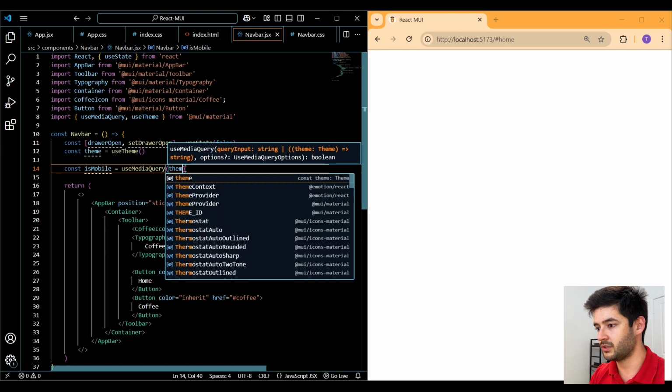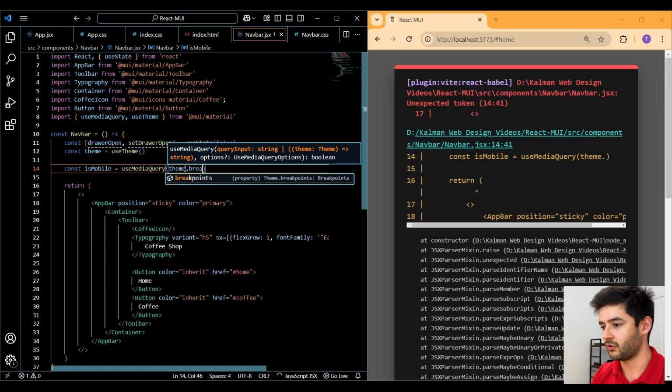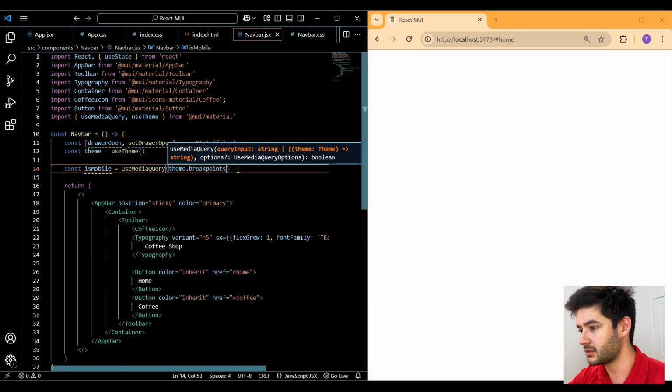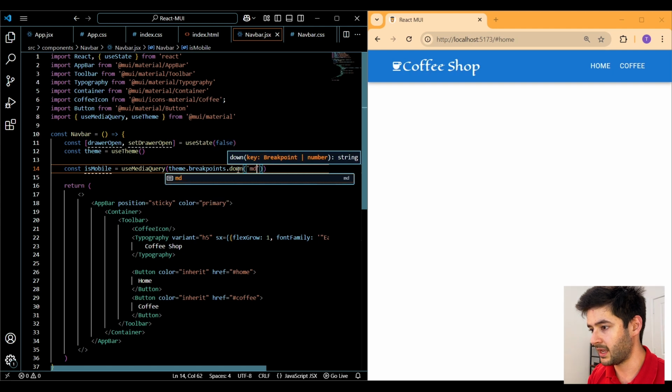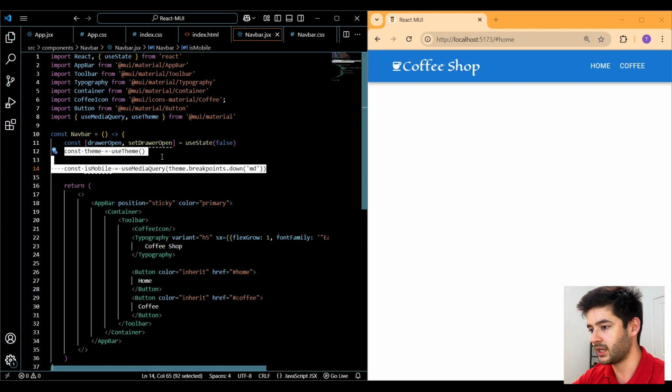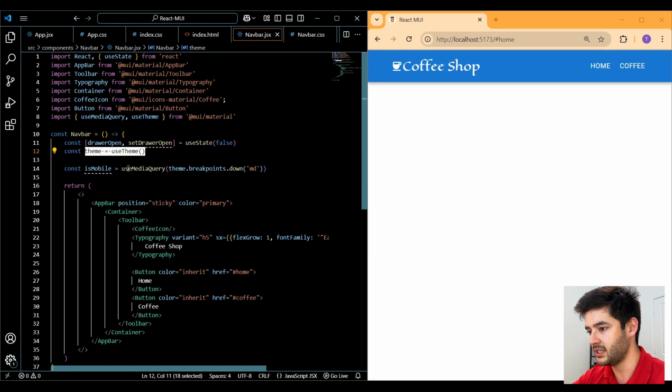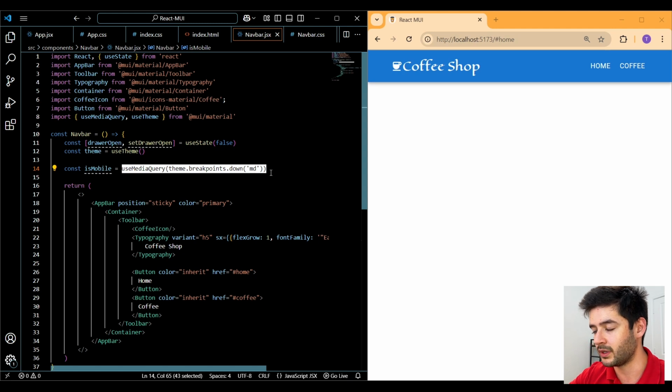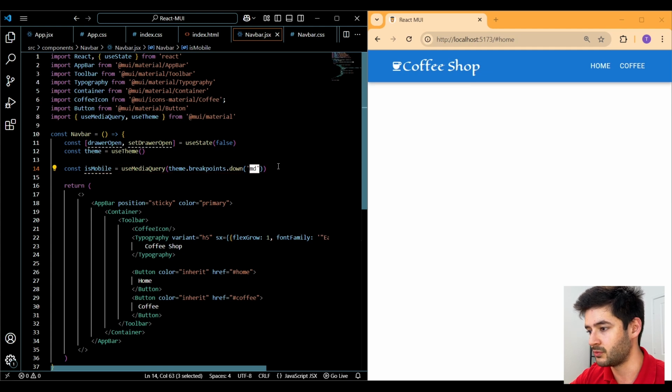Then we simply want to use our theme, grab our breakpoints, dot down, and then get our medium breakpoint here. This may look really complicated, but all we're doing is getting our theme, getting our media query functionality, and then selecting our medium breakpoint so we can display our navigation bar differently from medium down to our small